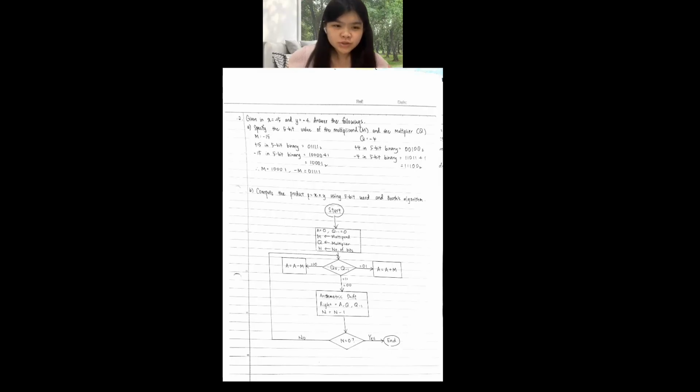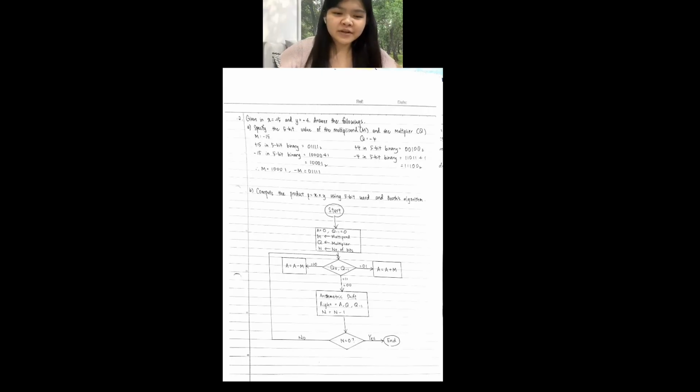Now we proceed to question 2. For question 2, x equals negative 5 is the multiplicand M, and y equals negative 4 is the multiplier Q. I need to express both in 5-bit 2's complement. For M equals negative 5, positive 5 in binary is 00101, so M is 11011, and negative M is 00101. For Q equals negative 4,